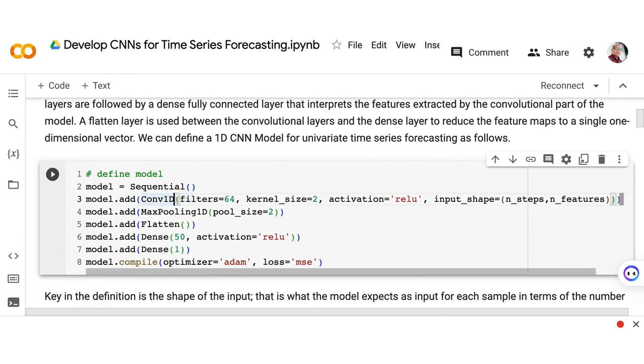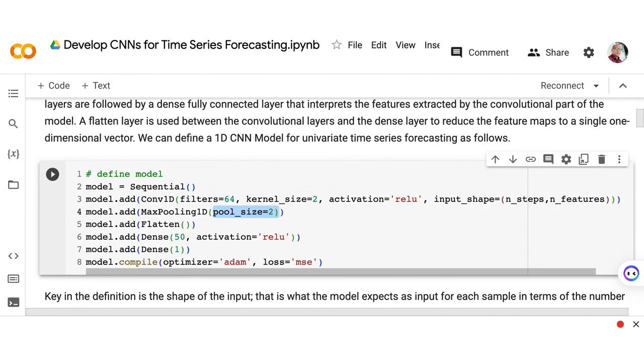And as you can see, this is the convolutional layer, wherein we are applying a convolutional 1D, or convolutional one dimension. This is the first convolutional layer. After that, we applied a max pooling layer, and you can see that it is also for one dimension, so MaxPooling1D. Inside that, the input parameter for the max pooling is the pool size. This is a filter, as you understood from the last time.